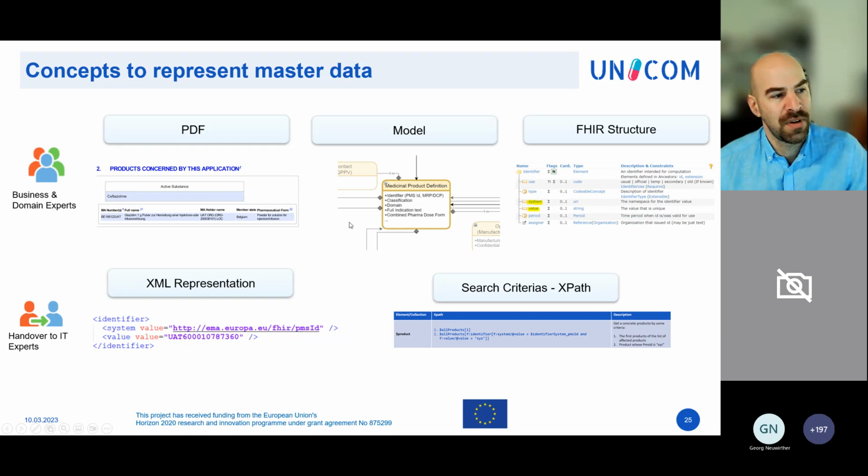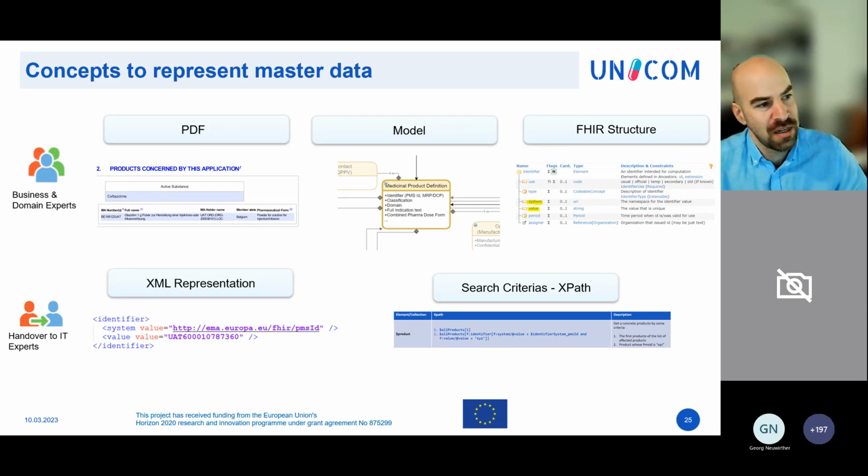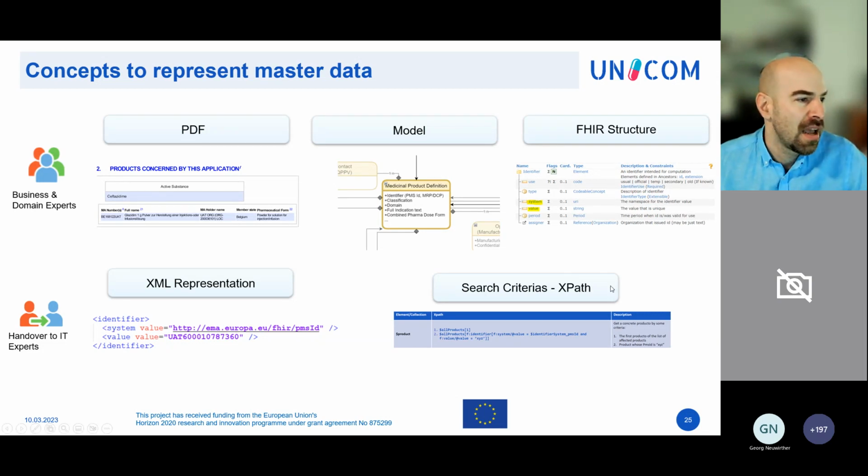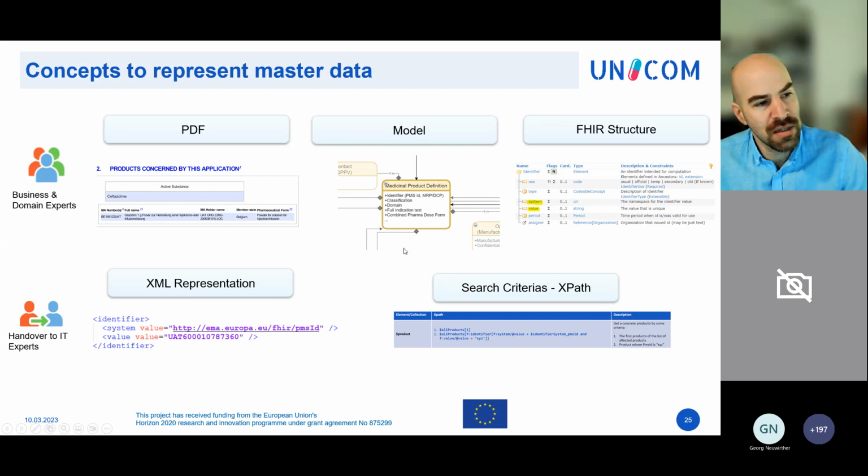Ideally, I would say even somebody from business should understand a little bit the structure behind the product. Why? Because in the end, you have to tell your IT guys, look, this is the element that I need for my process. This is the element I need to see on my screen. And it is part of the product, it is part of the package and so on. So the more you can give your IT colleagues, the easier it is to collaborate. So this model is kind of the in-between that you both can know.